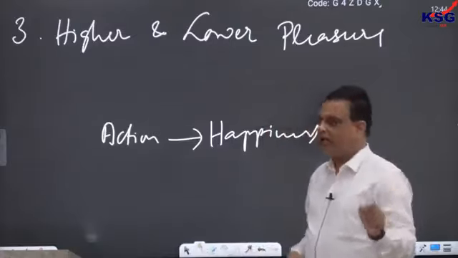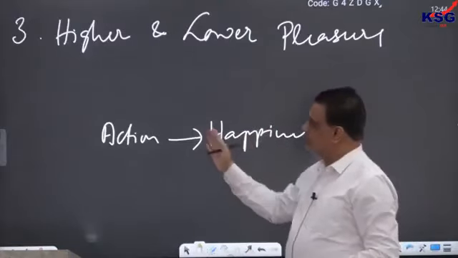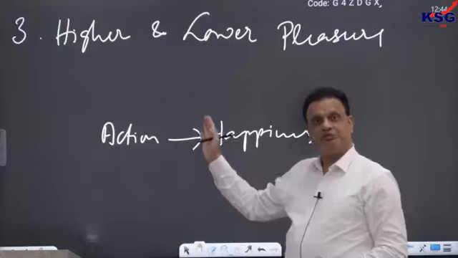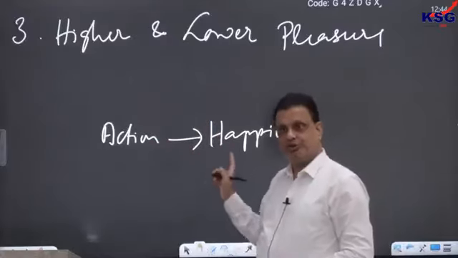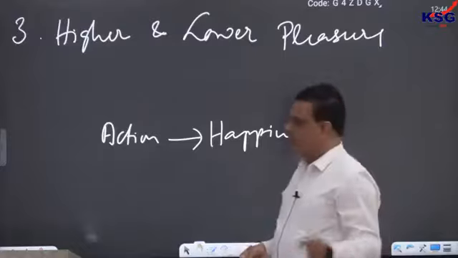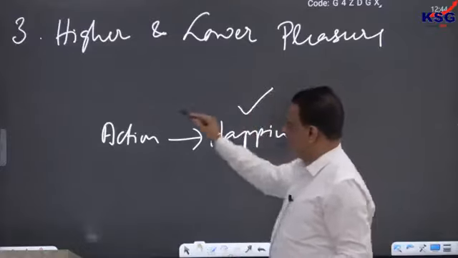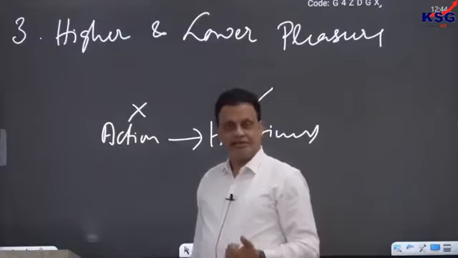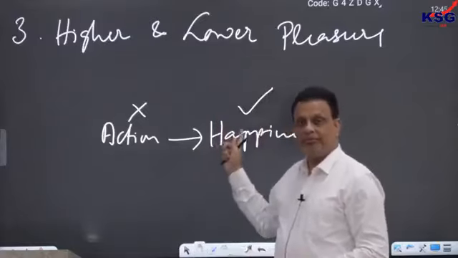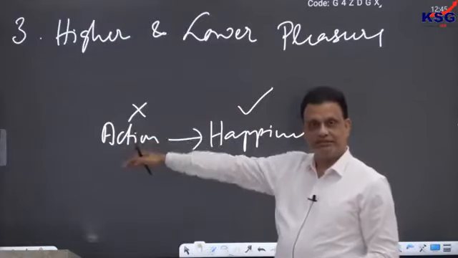Now the question is, if we have to make a comparison between the two, which of the two is more important morally speaking, action or the happiness produced by that? Now Bentham will say that happiness is important, actions are not. So actions are not important, happiness is the only thing important. So anything that creates happiness makes the action morally justified.